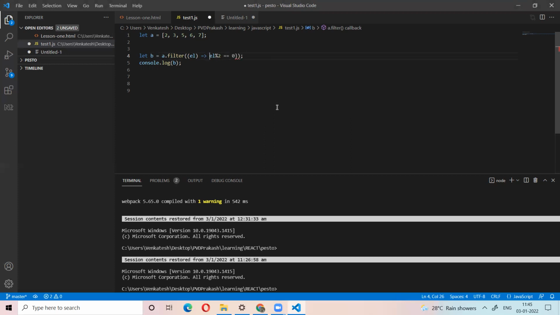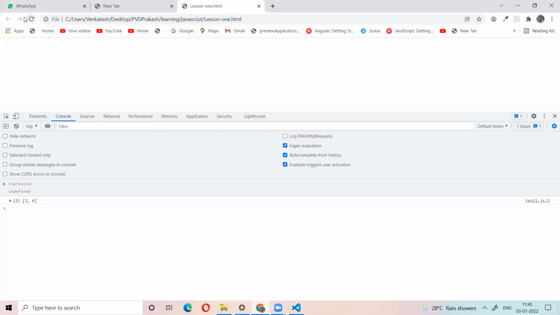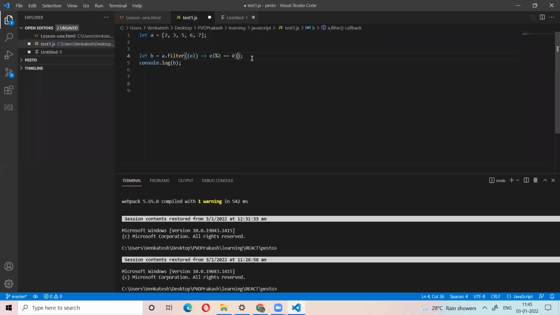So here you can understand with an example. If you do not use the braces here, it is a single line of code, and you don't need the braces. If you use the braces here, then we will use the return functionality. For an arrow function with a single line of code, we don't need the curly braces.